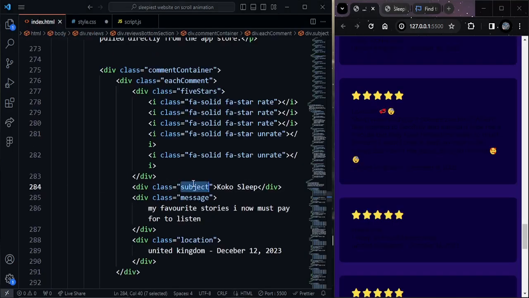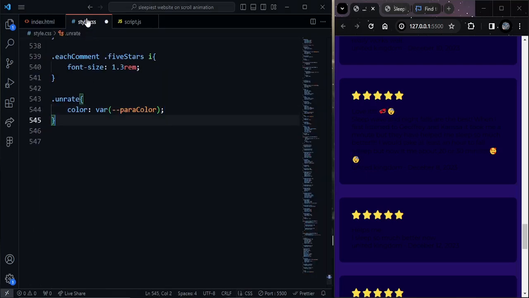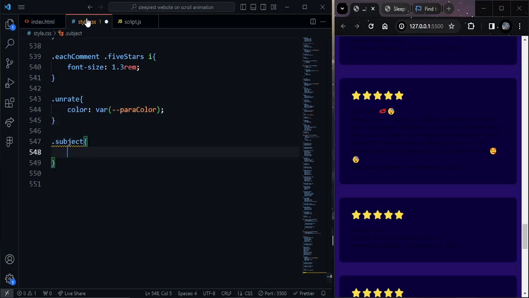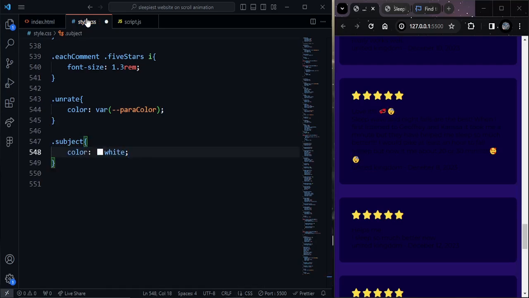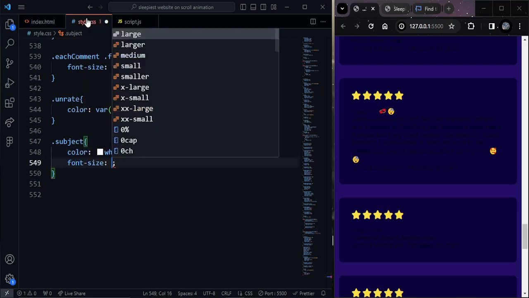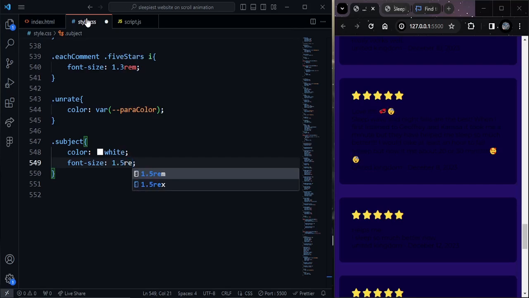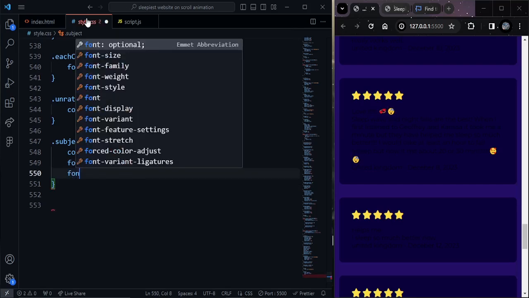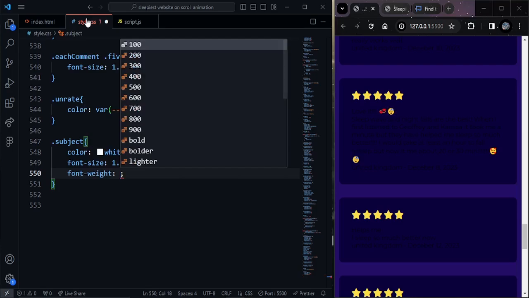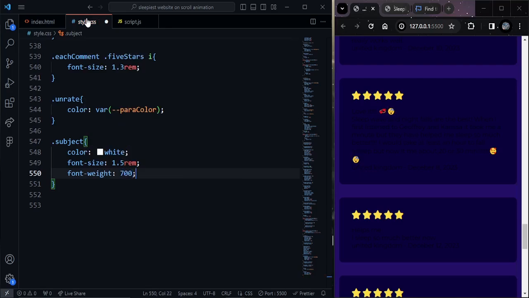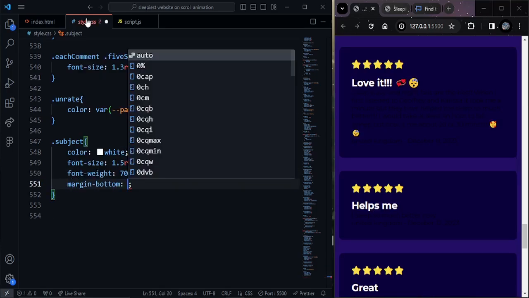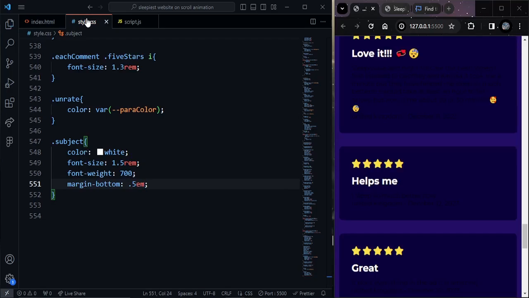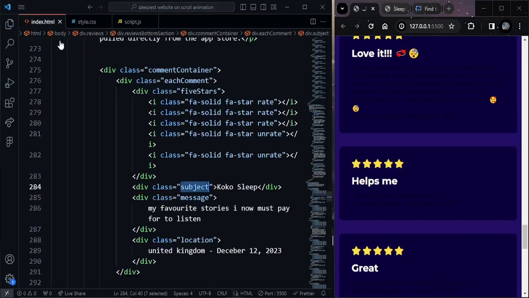Okay, target the subject class, subject, color white, font size 1.5 rem, and the font weight 700, and the margin from bottom 0.5 em, and target the message,